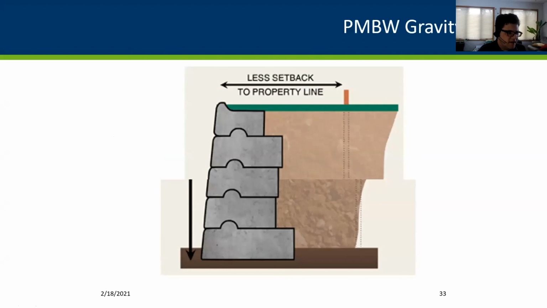So since I've already gone over MSE walls, and the PMBW MSE walls are very much similar in how they work, I'll be going over mostly the gravity walls, just to highlight the difference between CIPs and the MSE and these walls. These walls consist of the facing for the gravity walls, and then of course the retained soil behind them. Mostly you're looking at the mass of the blocks resisting the load from the retained soil.